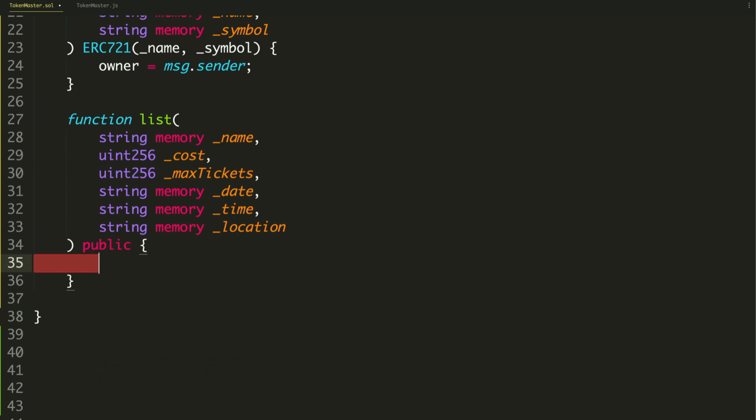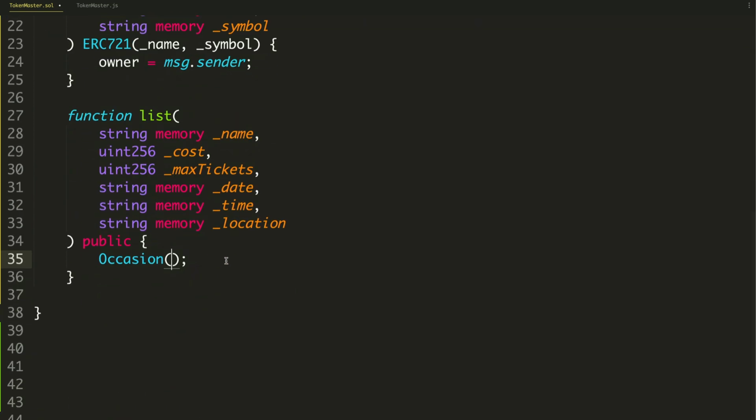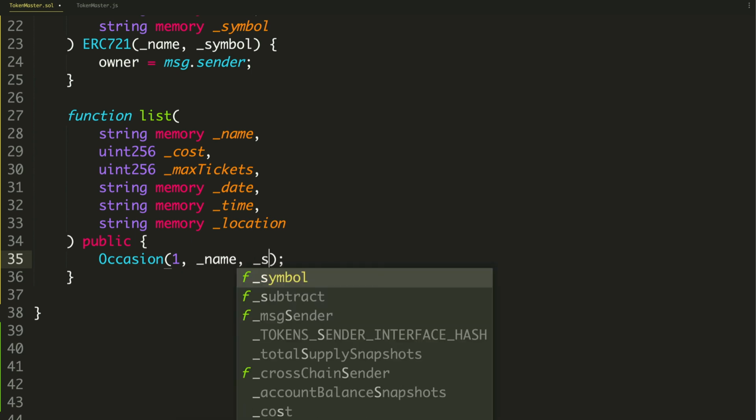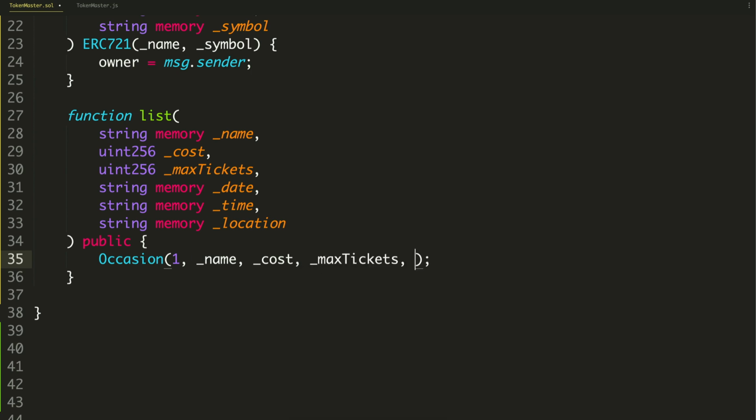In order to create an occasion, we're going to do that inside of our list function like this. There's an Occasion. You can create a new event just like this, followed by a semicolon. You need a semicolon for each line inside your function in Solidity. And then we can just pass in all of the attributes, like ID, name, cost. So for ID right now, we're just going to hard code the ID of 1. We'll change that in a minute. And then we'll pass in these other ones like name, and then cost, and then max tickets, and then